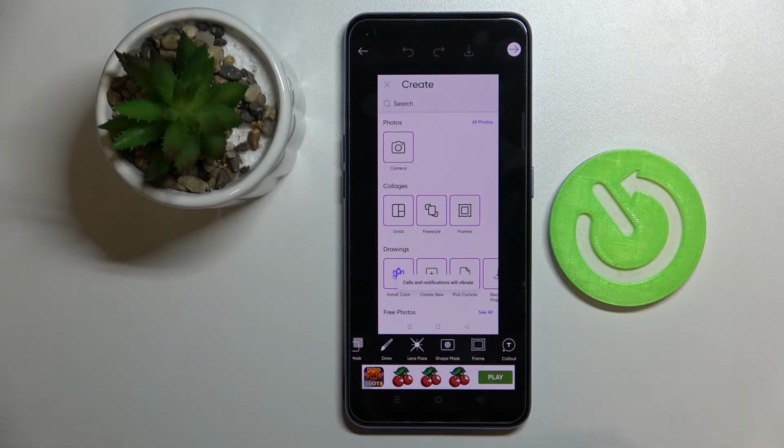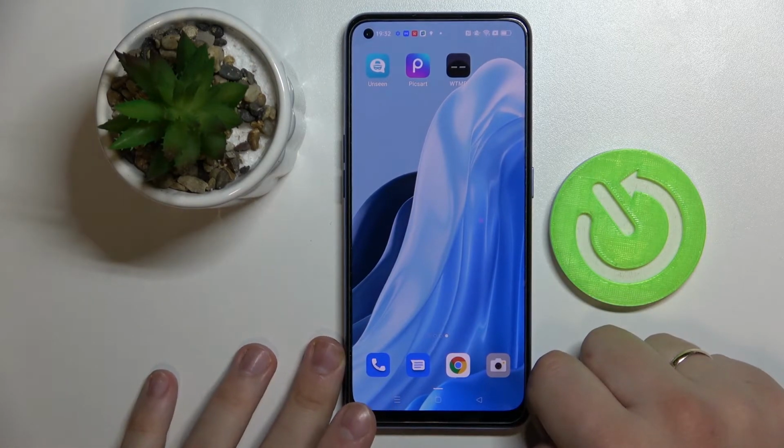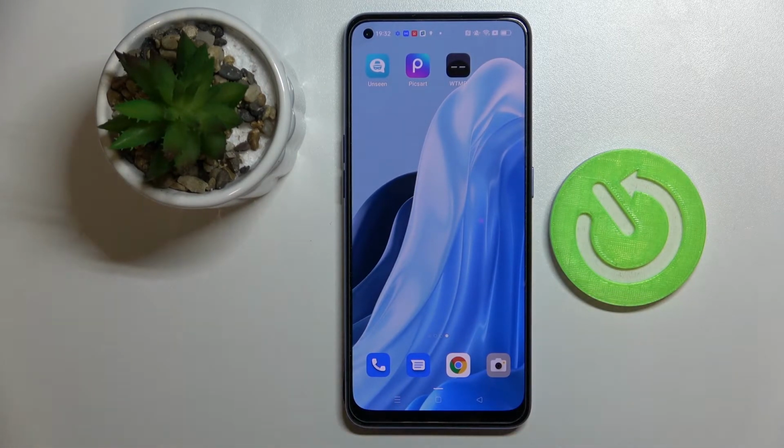So we highly recommend that you go ahead and download this app yourself and play around, see what tools it has to offer. So that was it for the PixArt application. We are moving on to the next application that is called WTMP, and this abbreviation stands for Who Touched My Phone. It's basically an